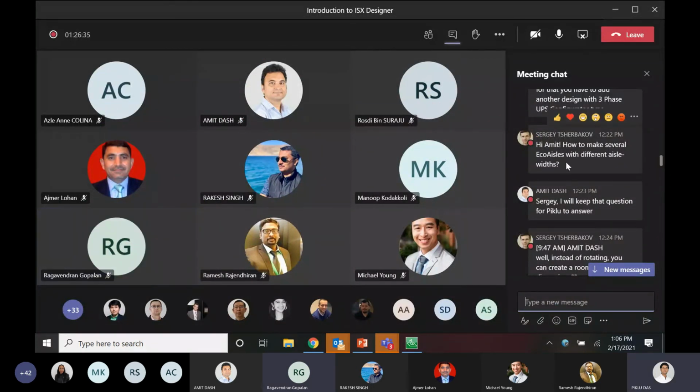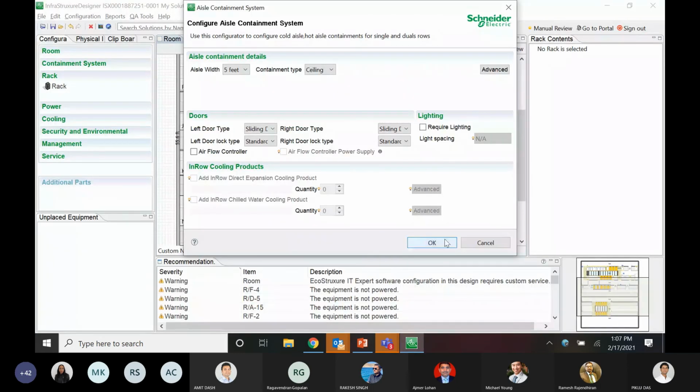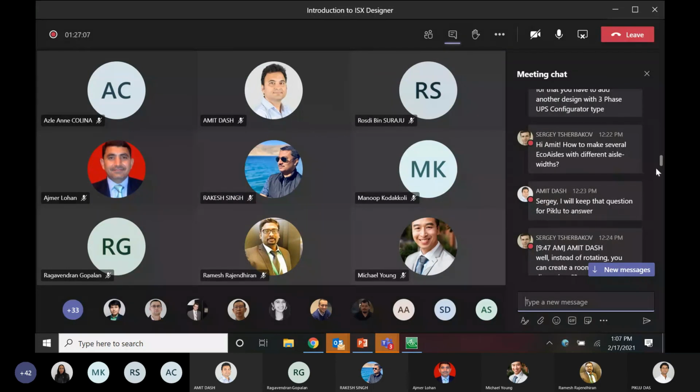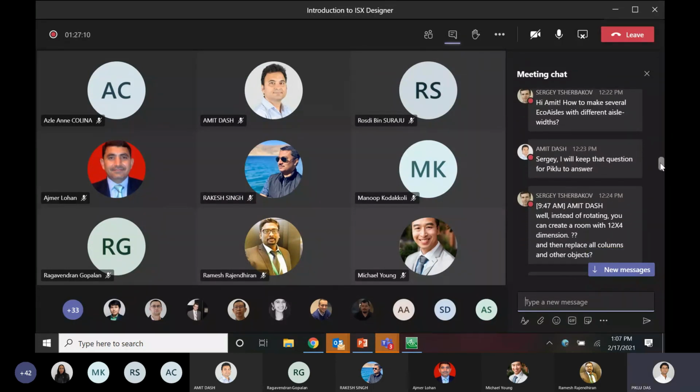And how many several equals can you have? For now, the limit is that we support up to 100 rows in ASIC Designer. So with that in mind, if you go with the ideal configuration, you should be able to configure some 24 equal systems right now in ASIC Designer, and each can be of a different aisle width, as you asked. So I'll move ahead.